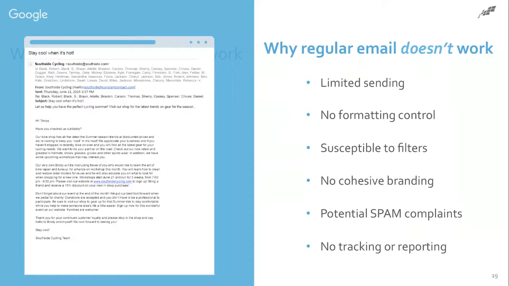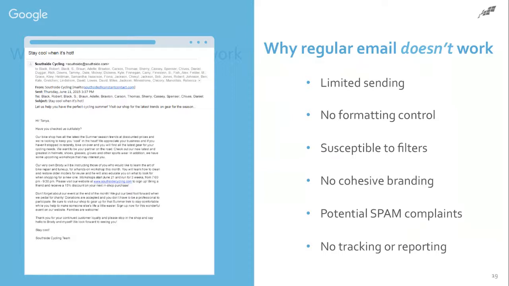There's potential for spam complaints, and the real rough part is if enough people report your email or mark it as spam, your emails won't go through. It gets doubly bad for a lot of small businesses that host their email on their web server, because if your website and your email server are on the same IP address and your website gets blacklisted by an ISP, your website disappears to the world or to those people.